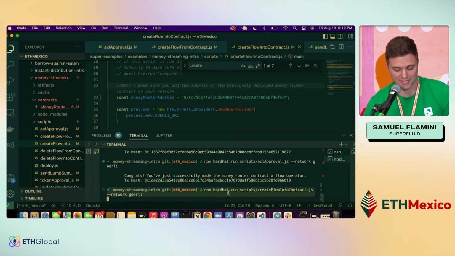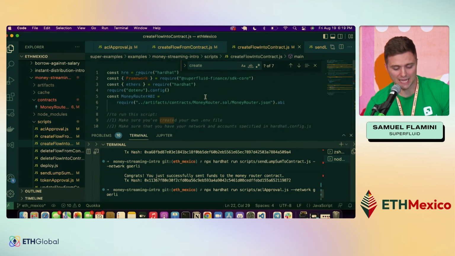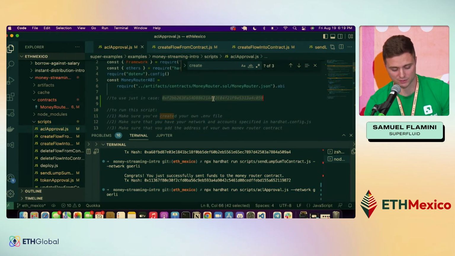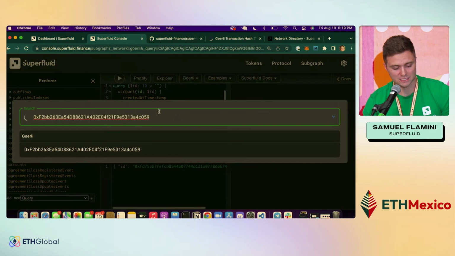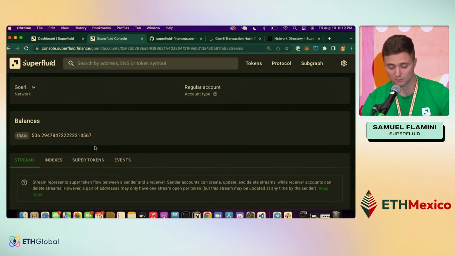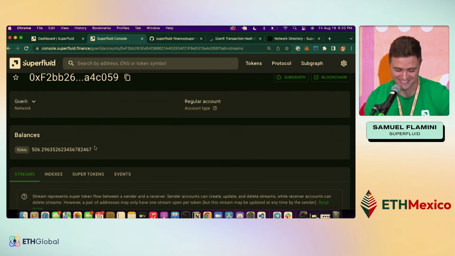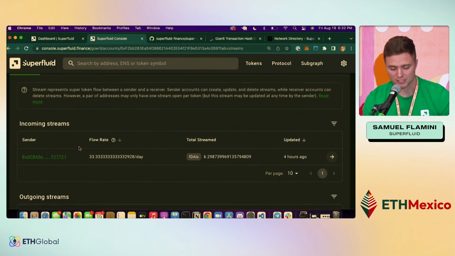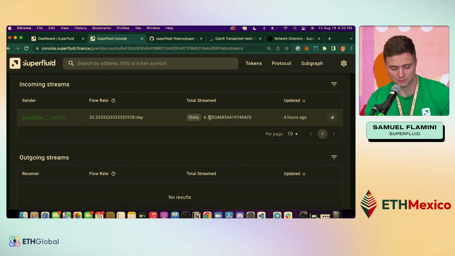All right, so it looks like this transaction's hanging for me, which is no fun. But in the end, the goal of what we're trying to do here, and this is what will happen as soon as we have this propagate, is to get something that looks a lot like this, right? This is an example I prepped beforehand just in case transactions didn't process fast enough for us on stage. And what we can see here is we originally had a balance of 500, but then we sent streams into the contract.